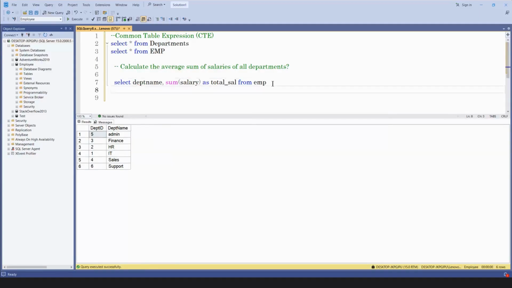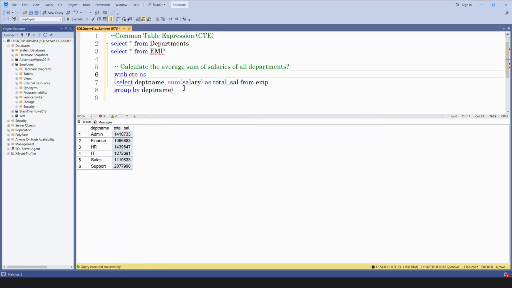And we need to write the group by department name. Here we will see we have department name and total salary. Now I want to get the average of all those departments' total salary. So here I will make this a CTE, and I can write with CTE as, and I will select, let me write the,